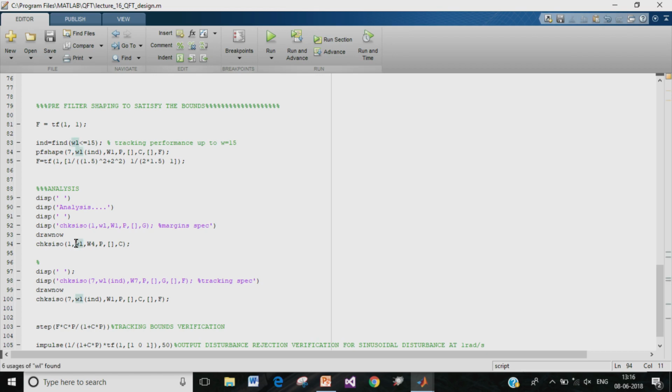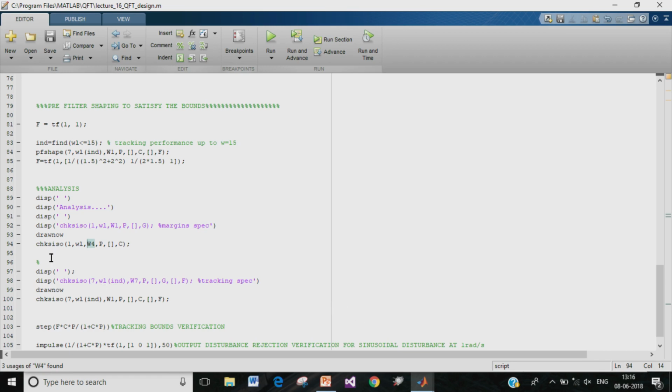W1 is the frequency range over which we have to check the stability specification. W4 is the specific weight for stability. We wanted T1 max to be less than or equal to 3.5 dB, or essentially in the linear scale about 1.41 units, and that becomes W4. P is of course the set of uncertain plants, and C is the controller.